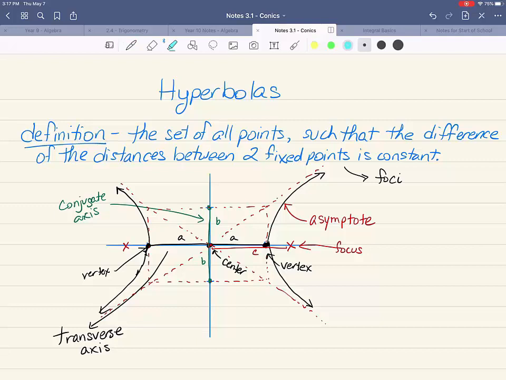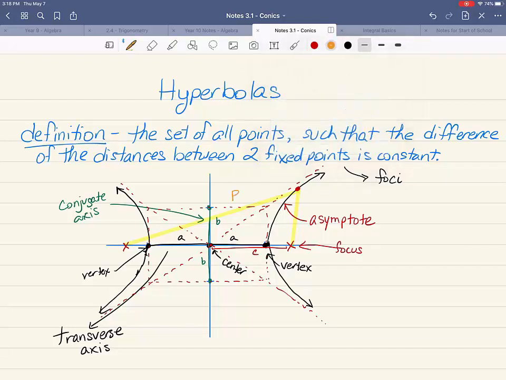So let me see if I can explain a little bit more what I was talking about with those distances. If you pick any point on either one of the two curves, I'm going to pick this one right here, and you measure the distance from there to one focus, and then you measure it from there to the other focus, those distances, and you subtract them, it will be the same number no matter which point you choose on the curve. So if I called, let's pick another color, let's pick this orange,